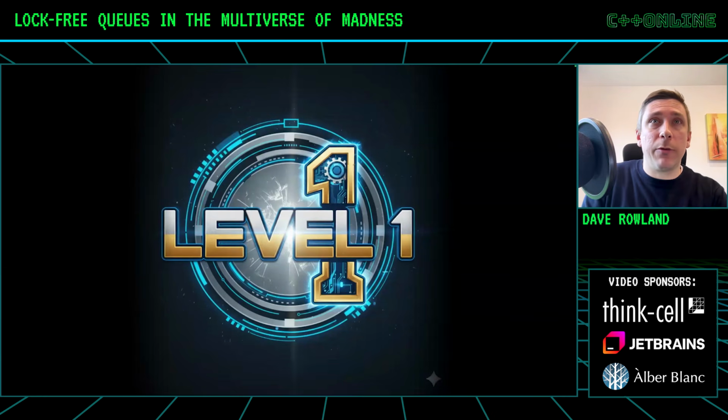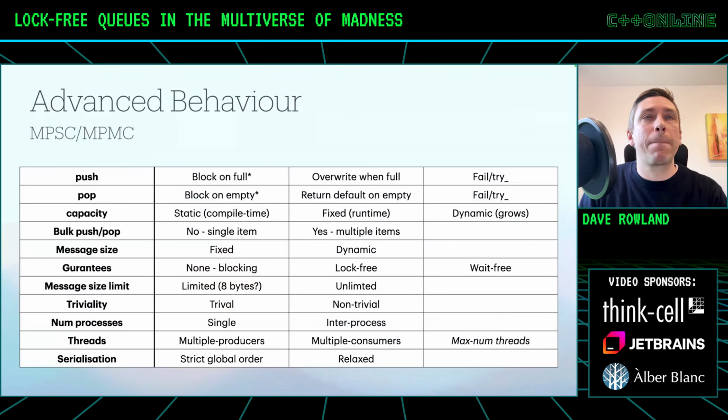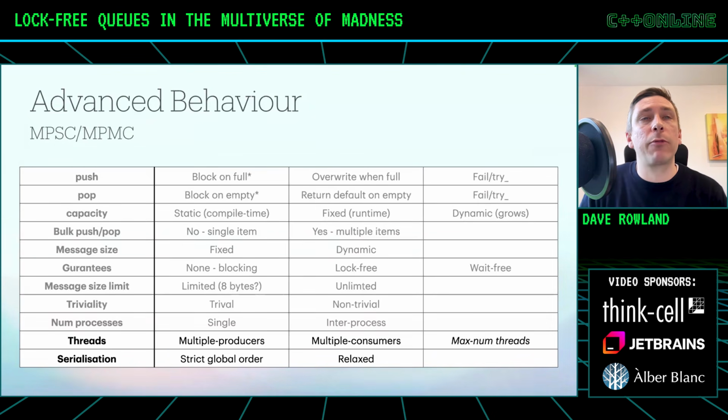Let's move on to level 2, the single producer, multi-consumer queue. And these come in various forms. They're used as building blocks for things like command queues, worker threads, and some of the things I mentioned before. Now we have the same behavior choices that we made before, but now because we are having multiple threads, we